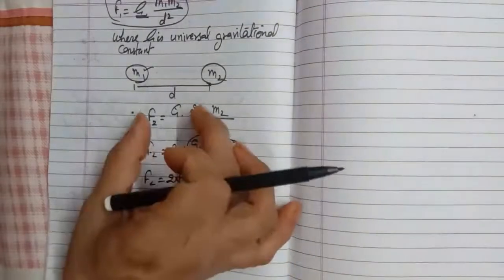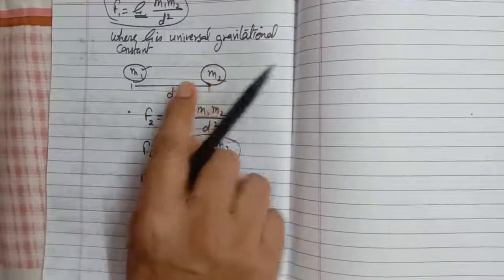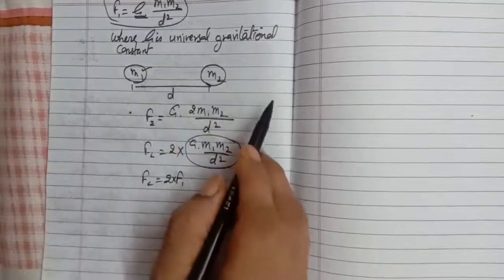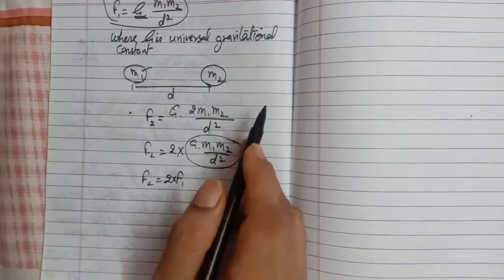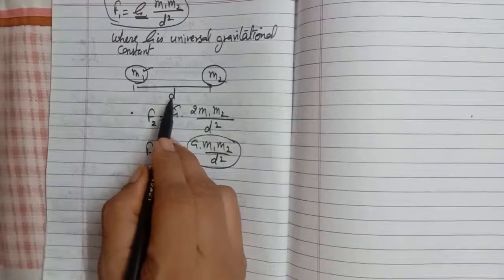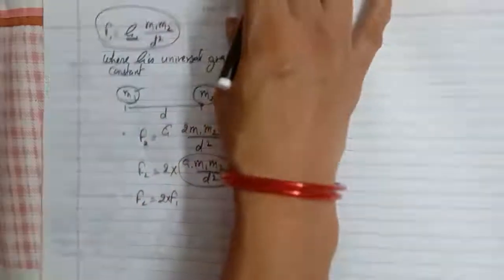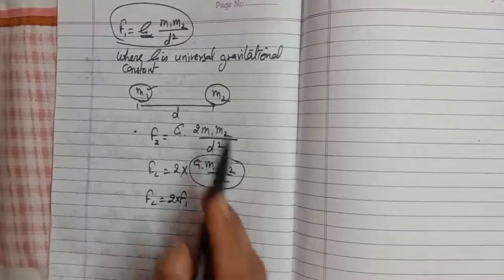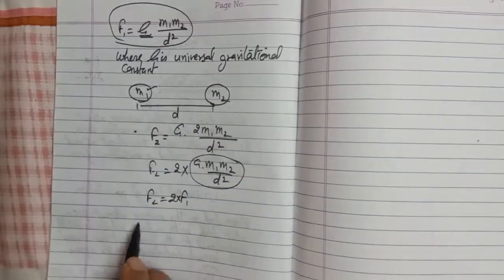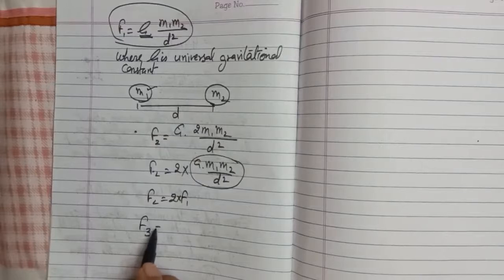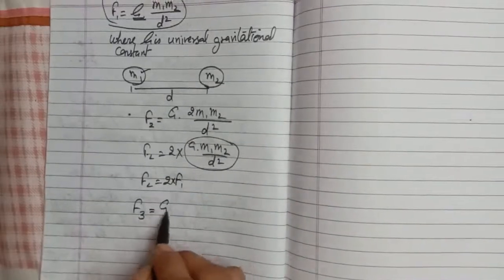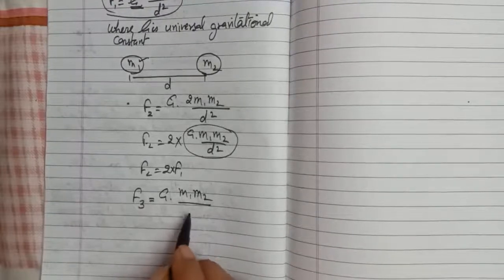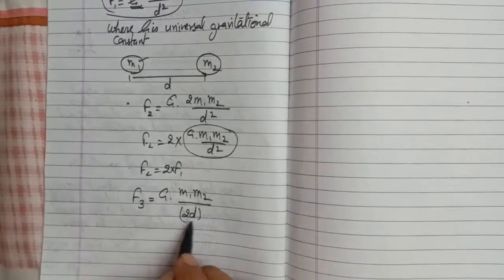And what will happen if we change the distance between them? Suppose we move the other body away from the first one by 2 times, increasing the distance between them. Now the distance between them is 2d. Initially the distance was d. Now we are not changing the mass of the bodies, we are changing the distance between them. We are going to double the distance. I am writing it as F3. F3 is equal to G m1 m2, which are the same, since we are not changing the masses, and the distance between them is twice, so now it is (2d) square.